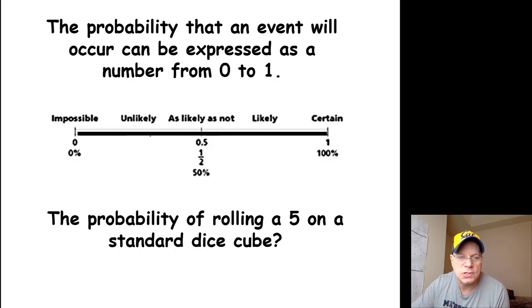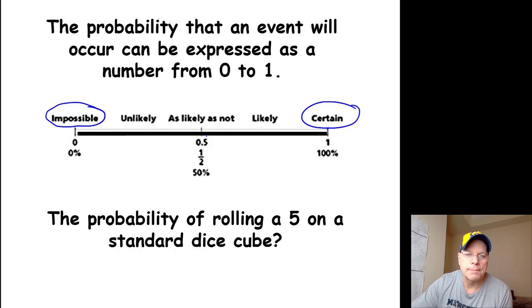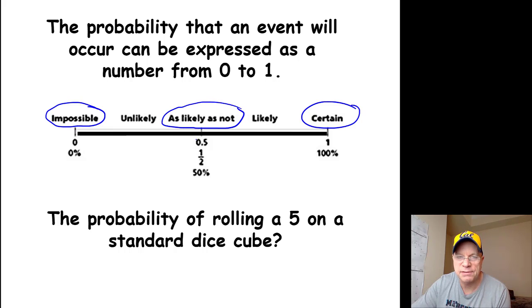Okay, you see this scale on your notes, and it shows you the full range of possibilities when you're talking about probability, from impossible to certain. Impossible has a probability of 0. 50-50, if something's as likely to happen as not to happen, like flipping a coin and having it land heads,